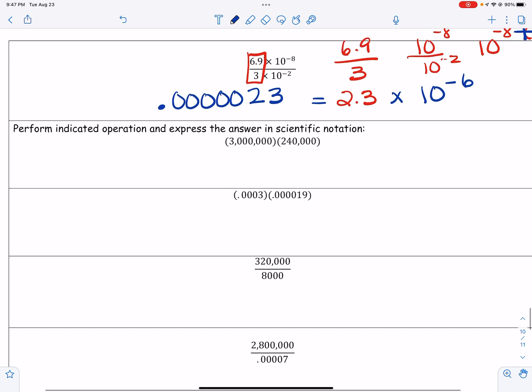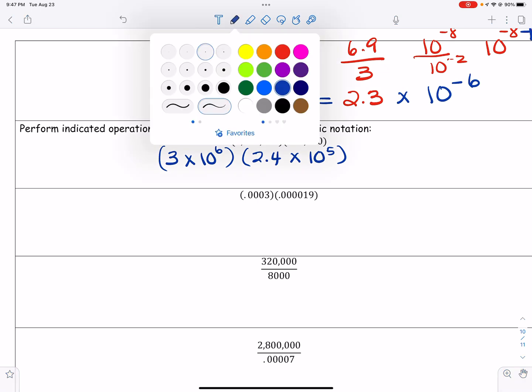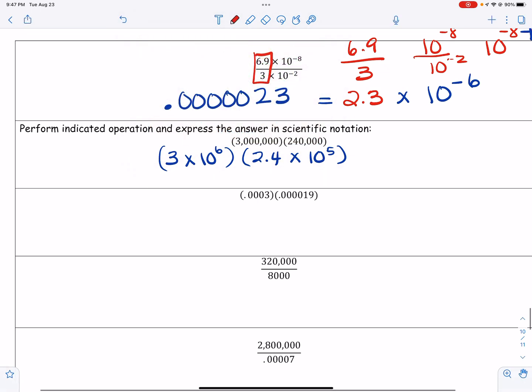So 3 million is the same as 3 times 10, 1, 2, 3, 4, 5, 6, 10 to the 6th power. And 240,000 is the same as 2.4 times 10 to the 1, 2, 3, 4, 5 power. So now what we're going to do is we're going to multiply 3 times 2.4, and that gives me